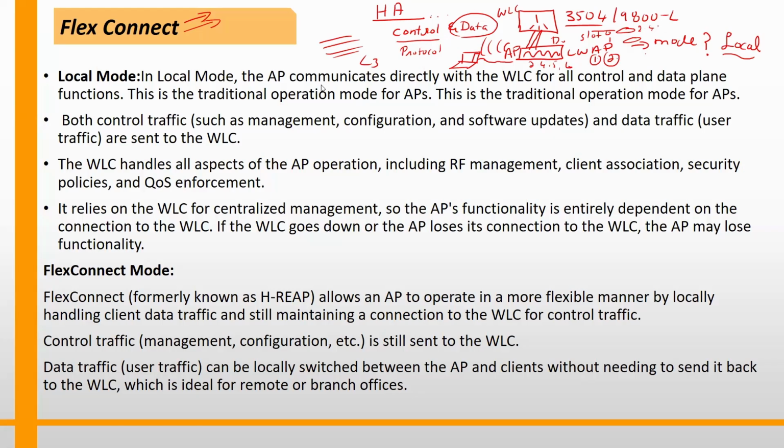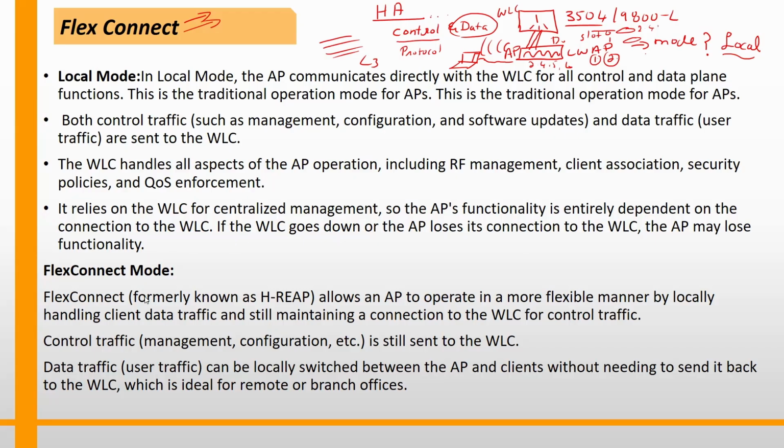In local mode, the AP communicates directly with the WLC for all control and data plane functions. Both control traffic, such as management, configuration, and software updates, and data traffic, that is user traffic, are sent to the WLC. It relies on the WLC for centralized management, so the AP's functionality is entirely dependent on the connection to the WLC. If the WLC goes down or the AP loses its connection to the WLC, the AP may lose